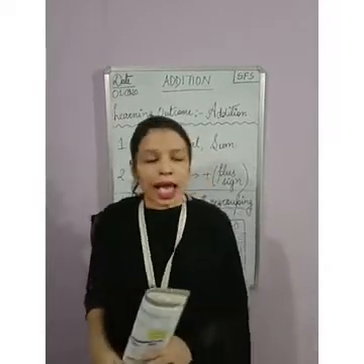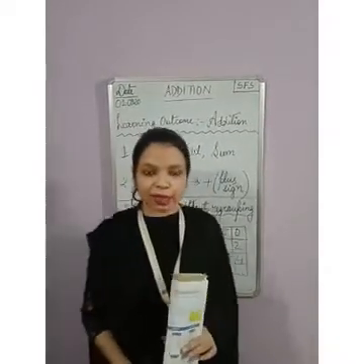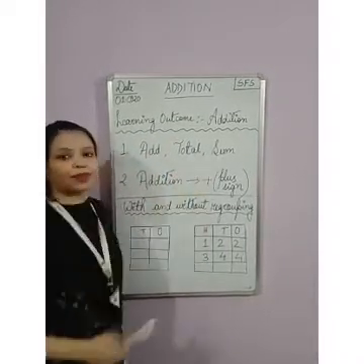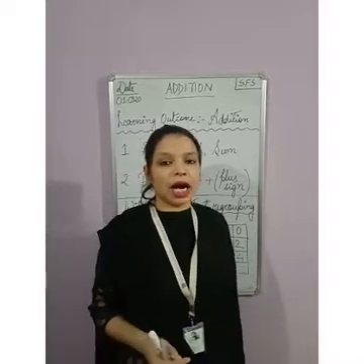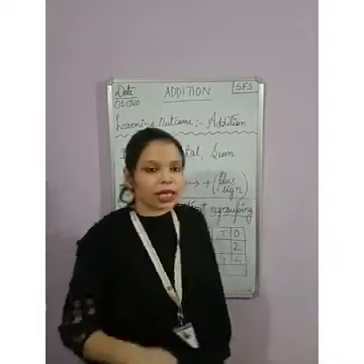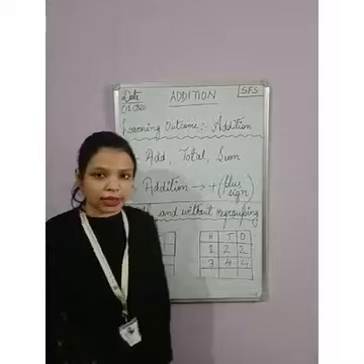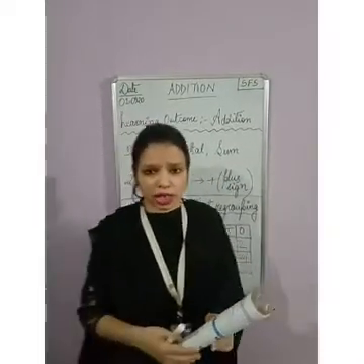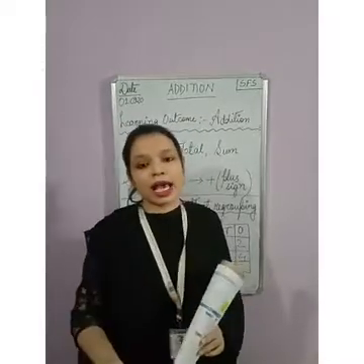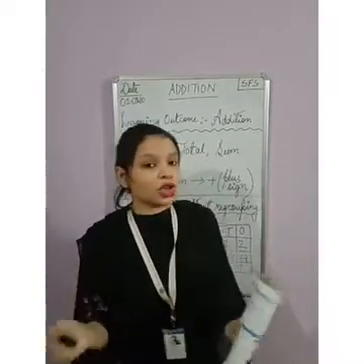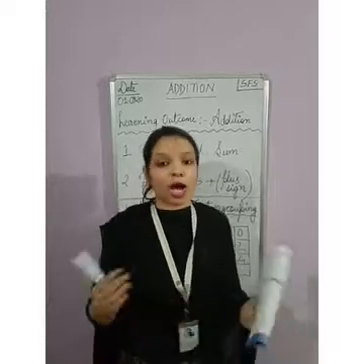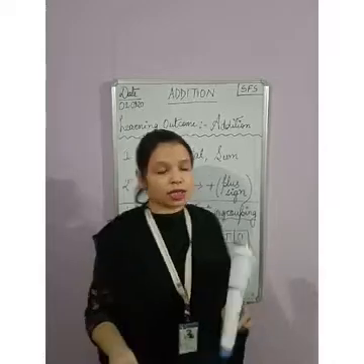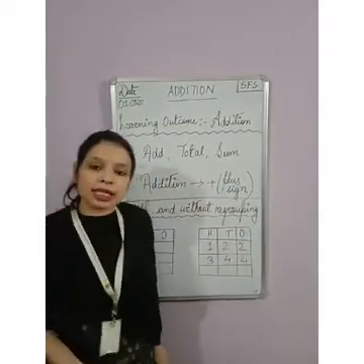Alright children, the different words you get for addition are add, total and sum. These are the words you can see in the word problem. Instead of addition, there you will be getting the word total. Suppose Ram has 5 chocolates, and Geeta has 6 chocolates. How many chocolates do they have in all? Or what is the total number of chocolates? So these are the words used instead of addition.